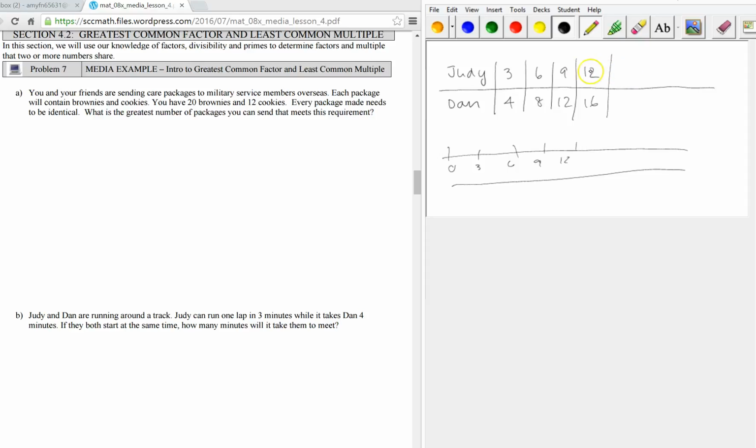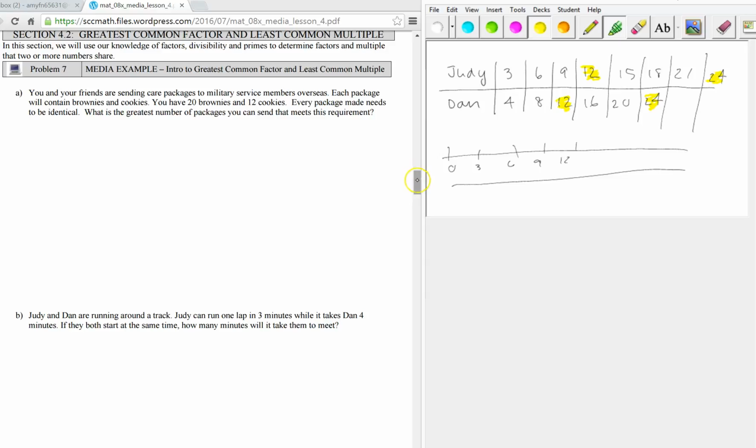16. And it's also nice if you continue on a little bit so they can see that there's many common multiples. And one of them is the least common multiple. So here's our least common multiple at 12 minutes. And then actually multiples of 12 will be all of our other infinitely many multiples. Okay, but really just having them use a scenario so they can develop this idea on their own before we